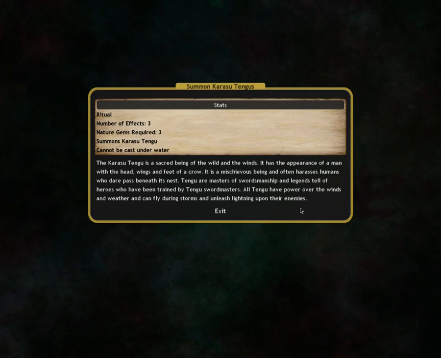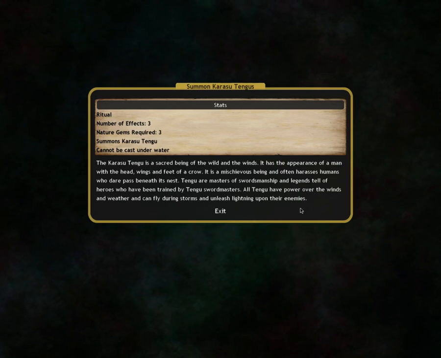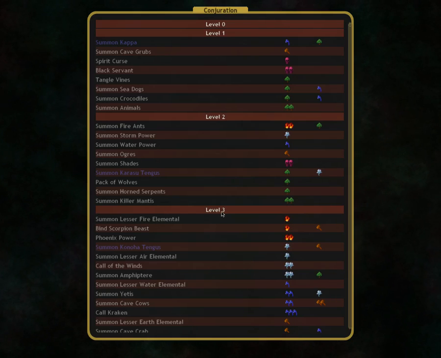Your Tengus. Your Tengus are your little flying demons, like the bird ones. They're pretty good and they're sacreds. Your Karsus Tengu, not bad. 3 nature gems for 3. The problem being, it's a nature error. You don't have that access with this nation,